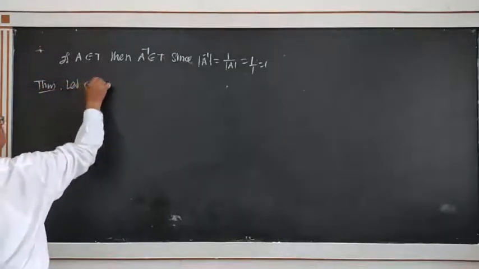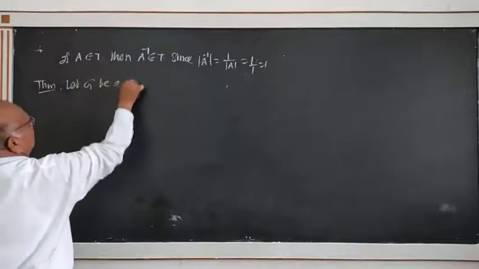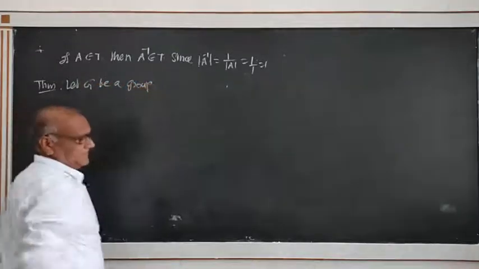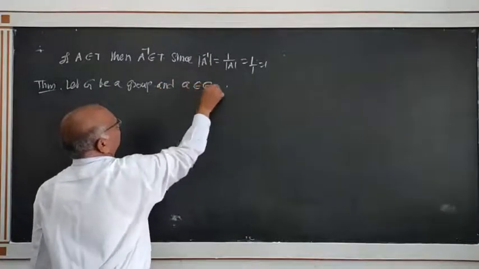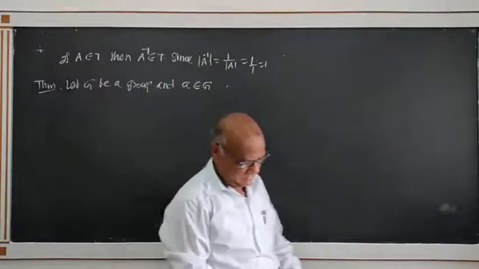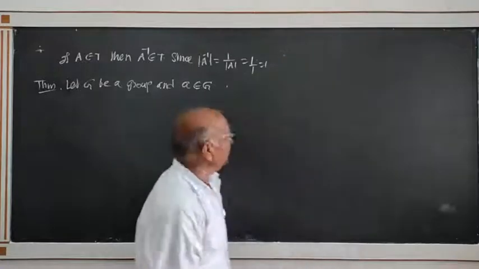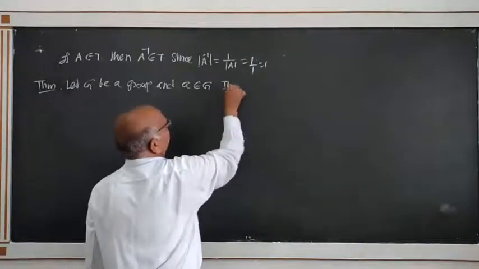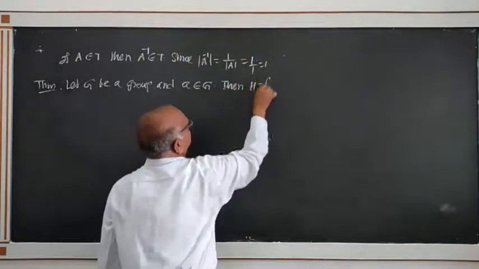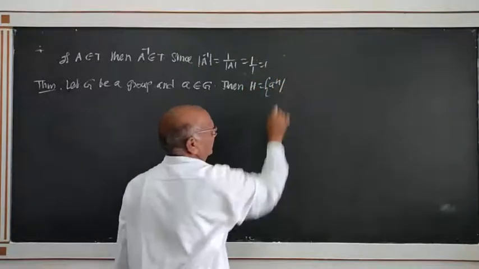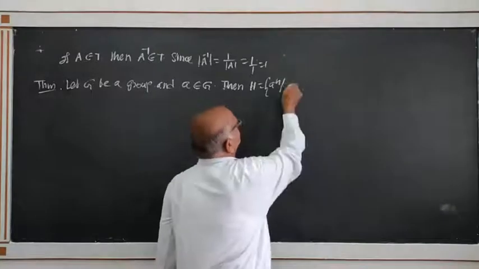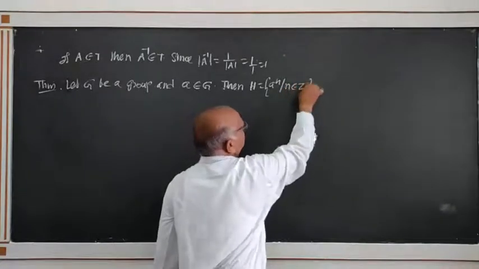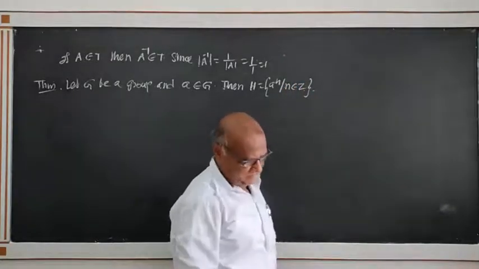Let G be a group and a belongs to G. Then this set H equal to a to the power n, n belongs to Z, is a subgroup of G